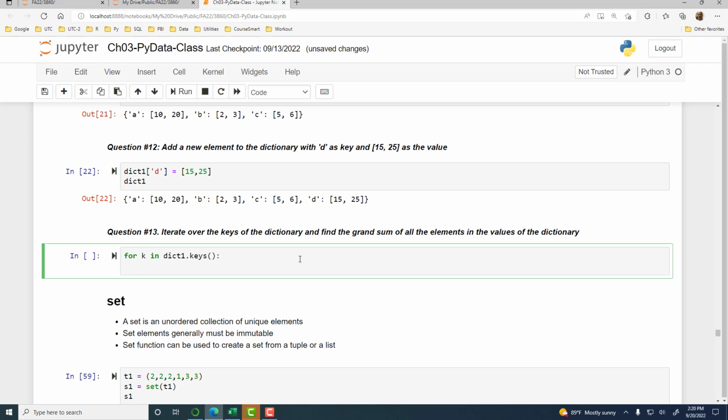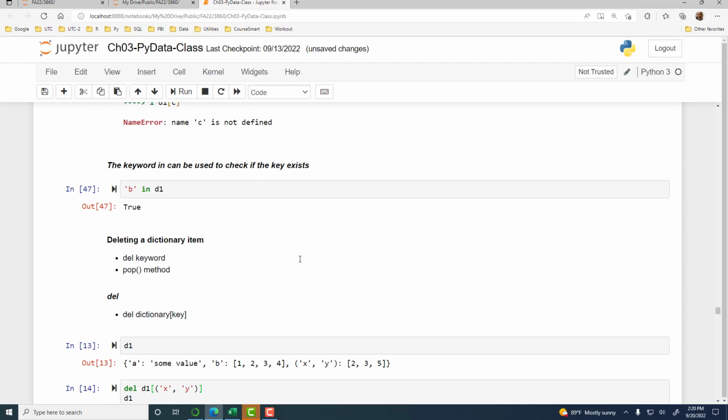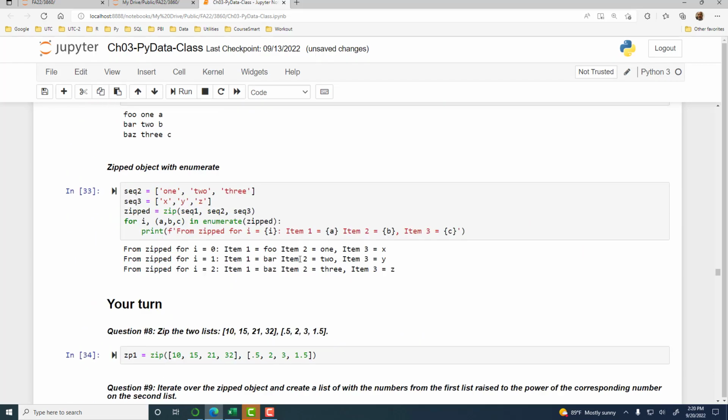So how can we get the sum of a list of numbers? Of course, if these are not all numbers, you'll get an error, but let's not worry about that for now because we know that they are all numbers. So if you go back to the discussion on lists,